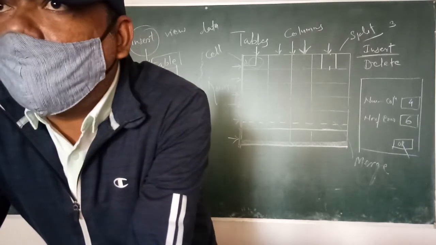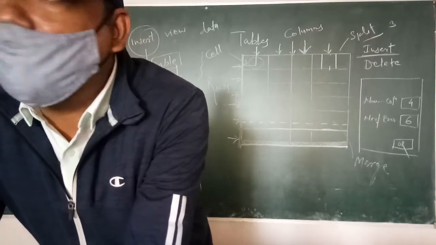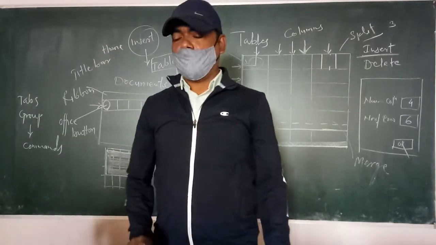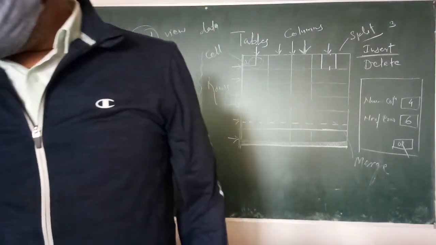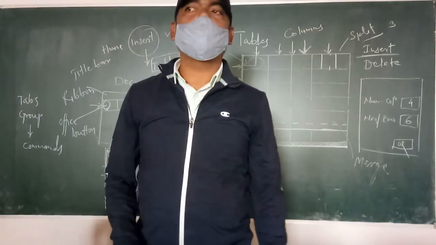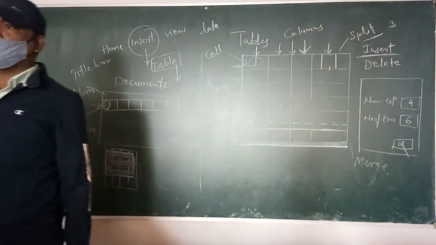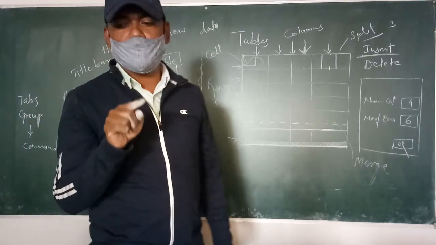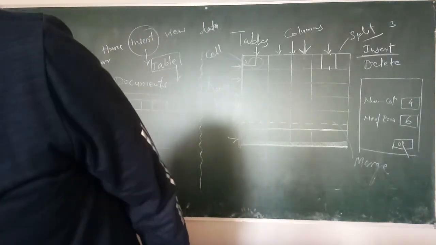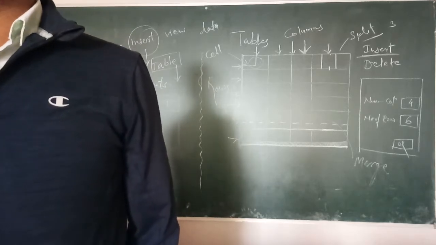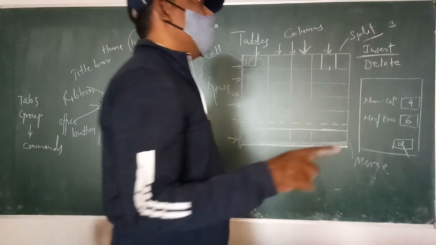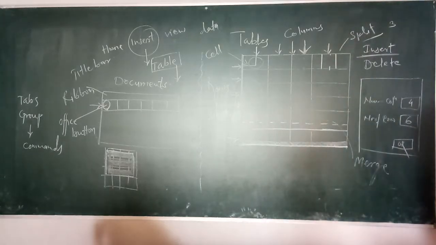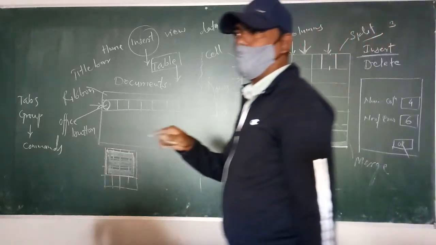In border and shading, we have just checked the detailed information about borders. Like that, the shading option is also given. One shading button is given at the top in that picture. The first option is border, the second option is page border, and the third option is shading. By using that option, you can change the shading, the color of your table. You can fill the color in the cell by using the shading option.